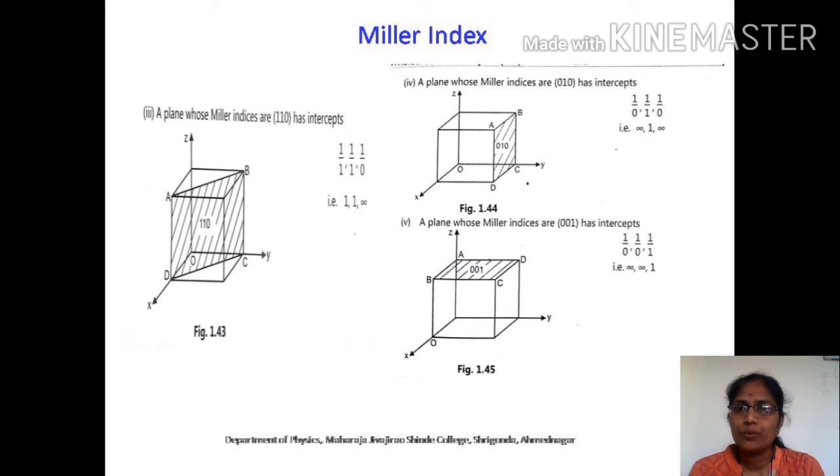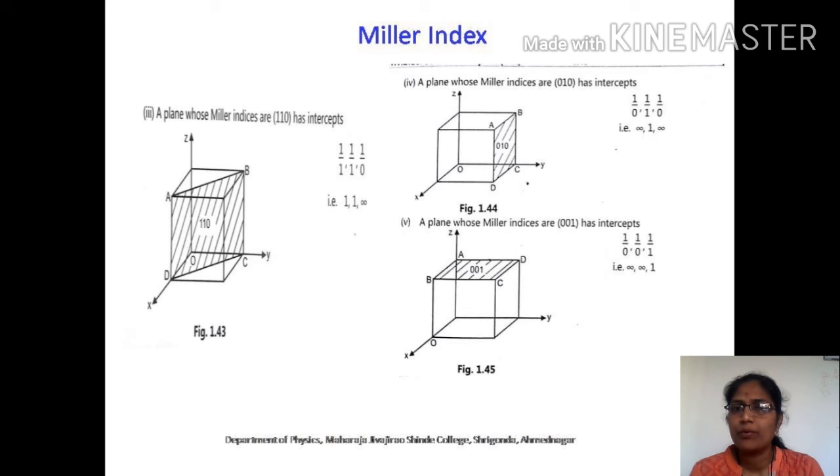How to find intercepts? By taking the reciprocal of the Miller indices. So 1 upon 0, 1 upon 1, and 1 upon 0. 1 upon 0 comes out as infinity. It means that the given plane intersects the x-axis at infinity. 1 upon 1 is 1. It is intersecting the y-axis at 1a. And 1 upon 0 again gives us an intercept at infinity along the z-axis. So the given plane will intersect only the y-axis, and such a plane is shown in the figure with A, B, C, D